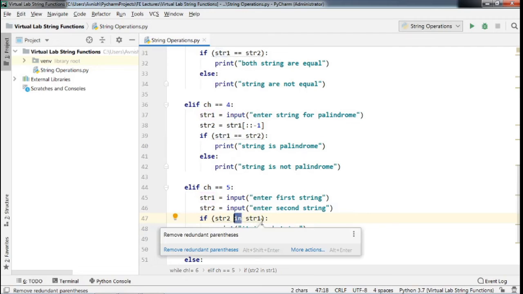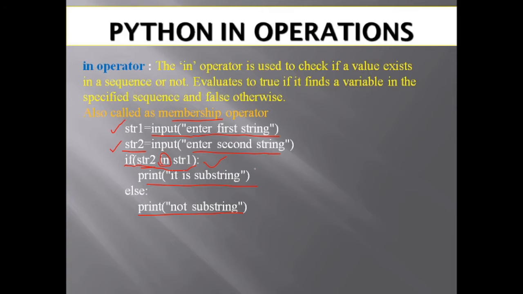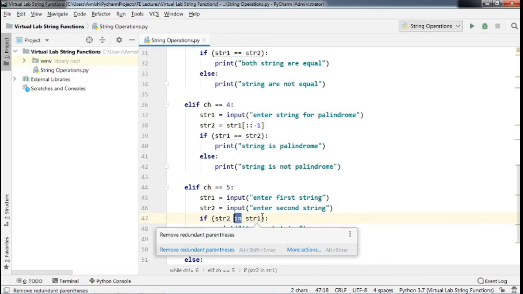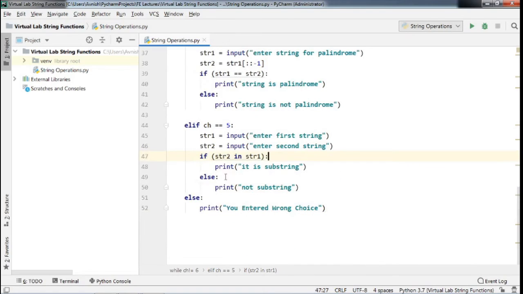That we will perform using the membership operator in. We already discussed the membership operator. Here the first input will be stored in str1, the second input in str2, and using the if statement we will check whether the members of str2 are available in str1. If this is true, then we print it is a substring, otherwise it is not a substring.